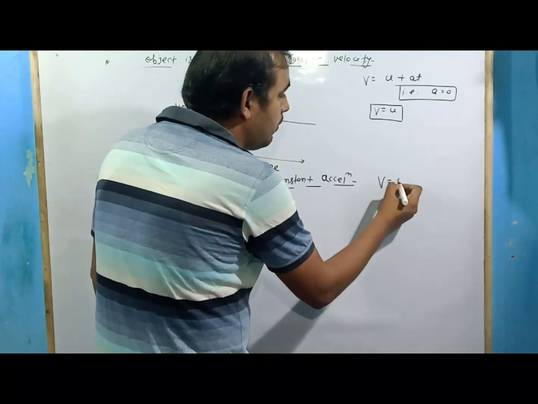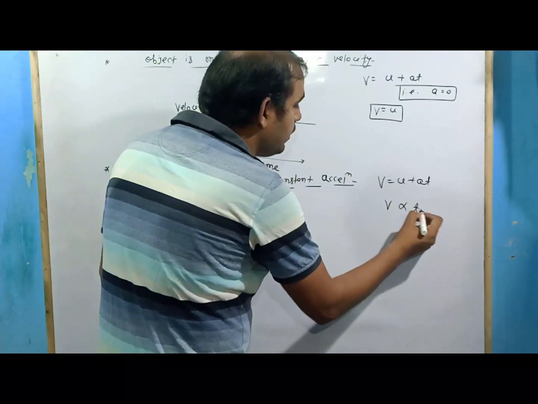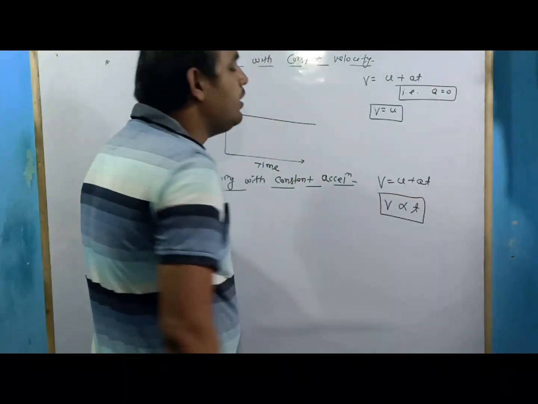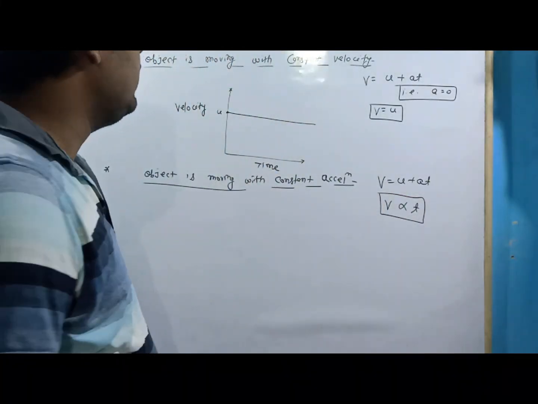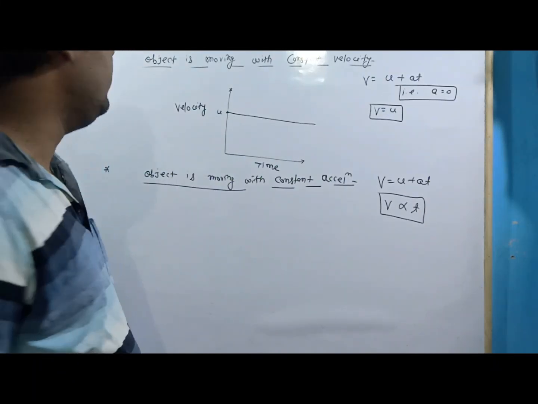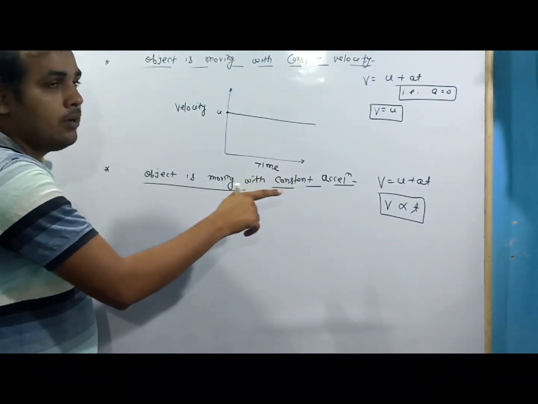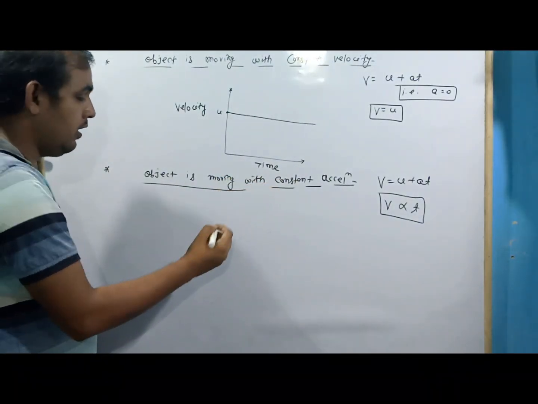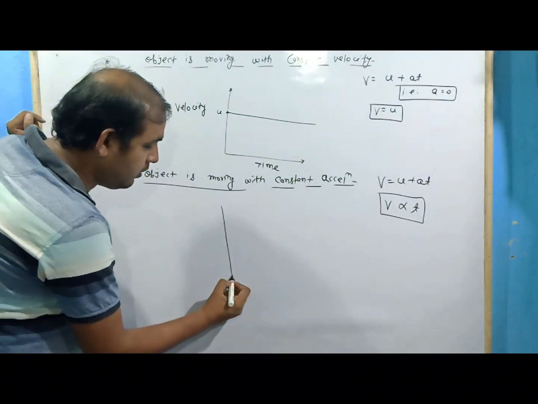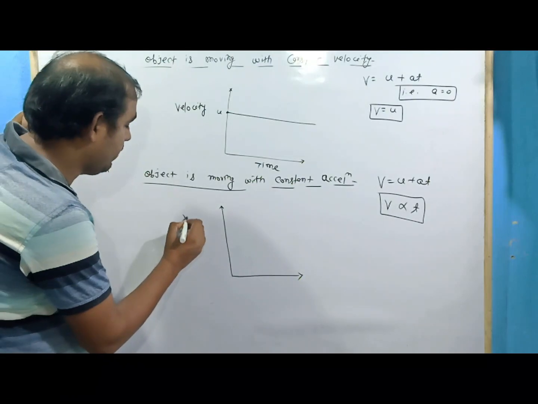Now I have v equal to u plus at. That means I can say that v is directly proportional to t. The velocity is directly proportional to t. In that case, I can write the equation. That should be the graph of a linear equation. And the graph of a linear equation we have studied in the previous classes. The graph of a linear equation can be drawn as